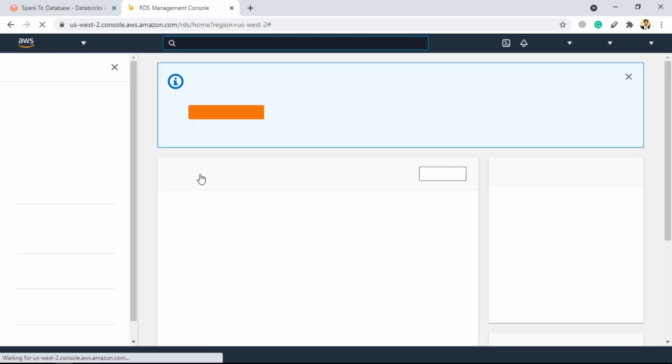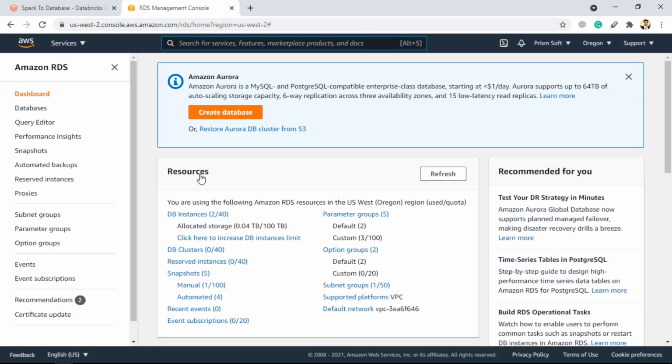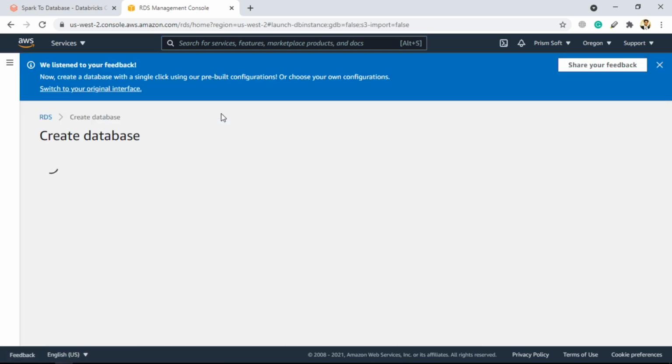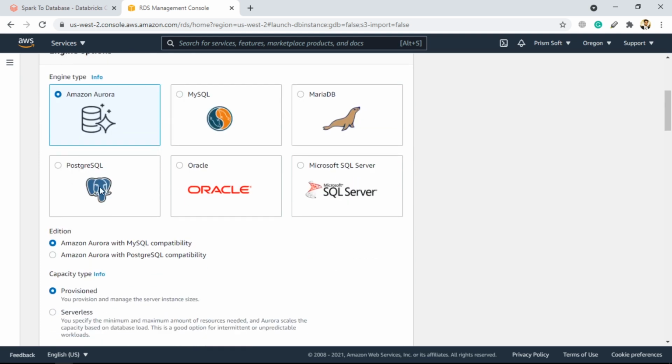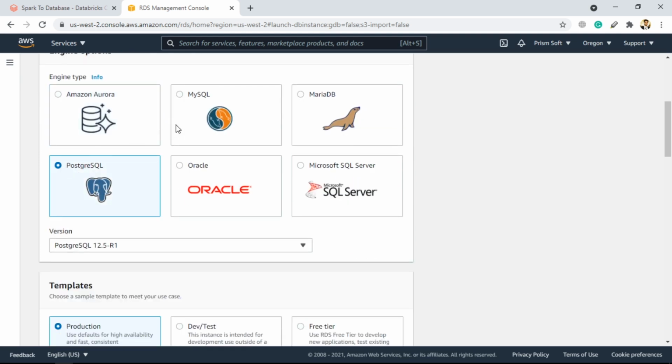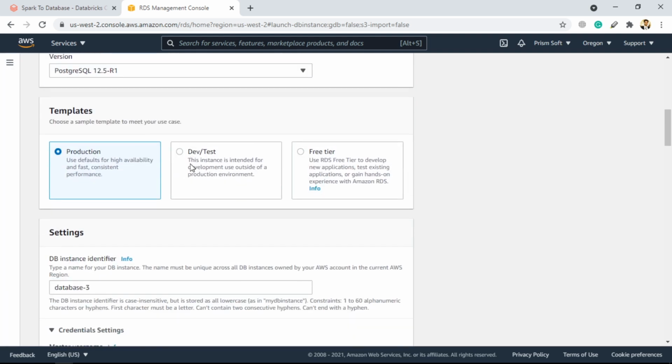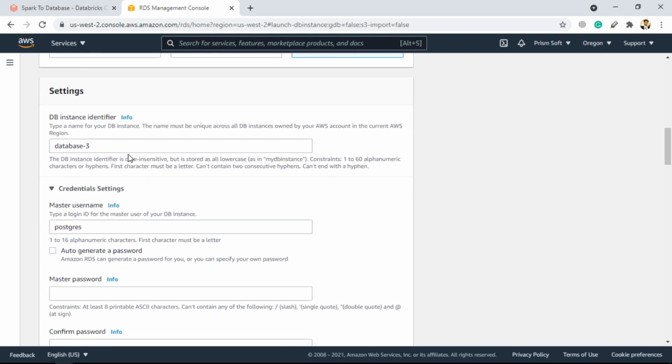So here I am opening the RDS instance, and inside that I will quickly create the instance for my video. Here I'm going to select Postgres, and if you are using AWS, then I would recommend you play around with all these databases, as it will help you in the long run. We don't have to change anything with the version. We are good with the free tier, because the other options will actually cost us something.